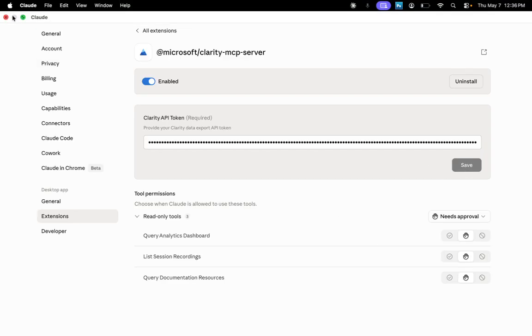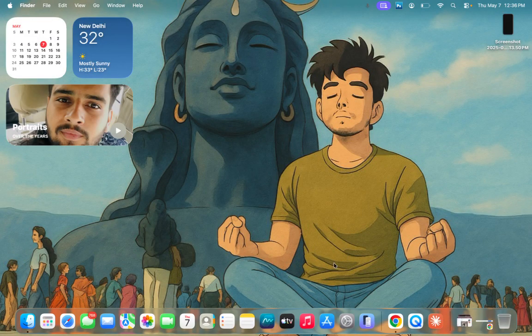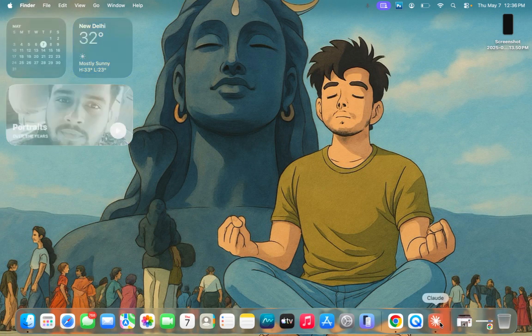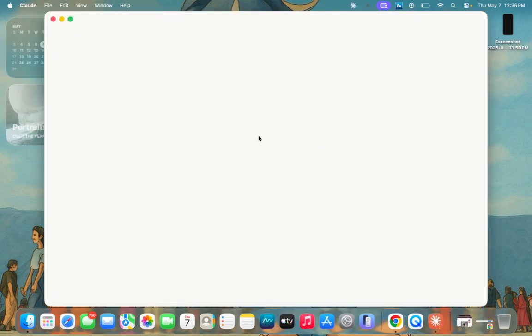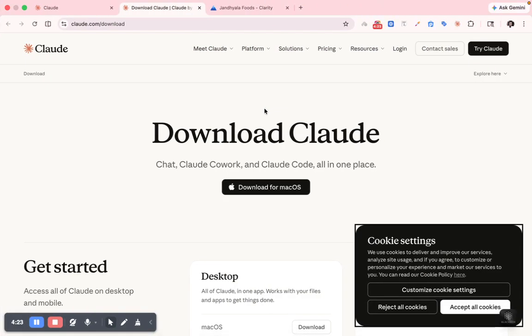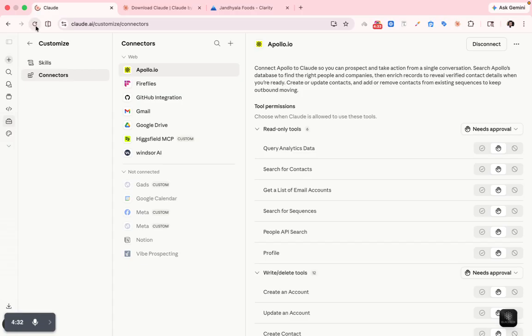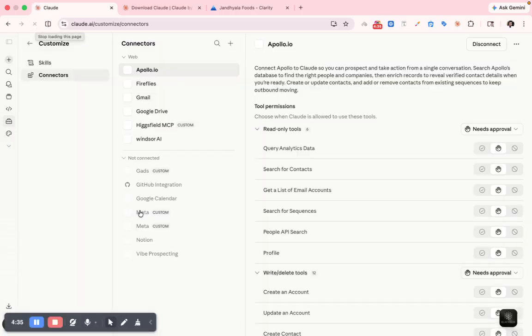Now I'm just closing it. Then let me quit. Then again we'll open this. So now Claude is opening here, and on the other side it is opening here as well. Now I'll come here and we'll close this just to check whether it is showing or not. I'm just refreshing my screen here guys.